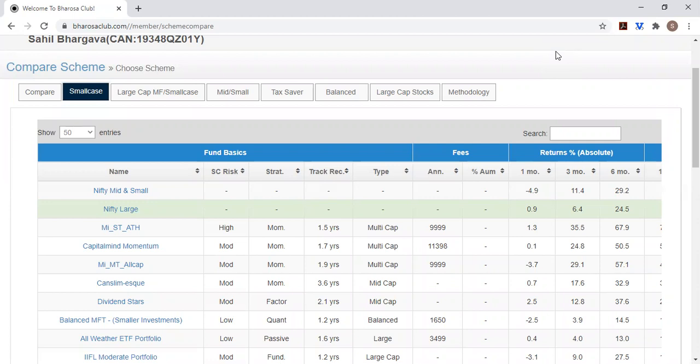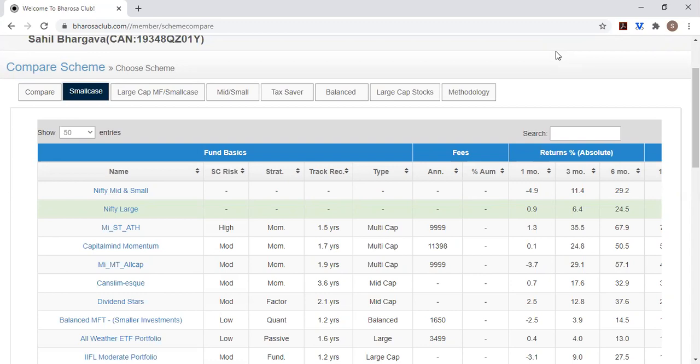This tool was motivated by the observation that it's really hard to use the small case website to benchmark performance of the various funds. It makes it very difficult for small case investors to see how their funds are doing and also to make decisions about which funds to invest in. Simple things like comparing fees across funds is difficult. Simple things like comparing return performance is difficult across funds. And so we created this tool to rectify this situation.